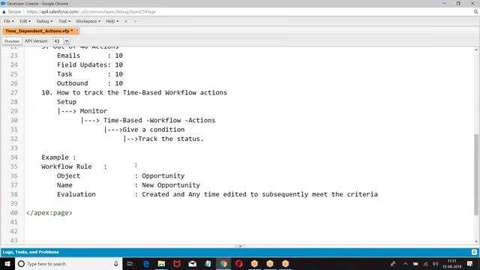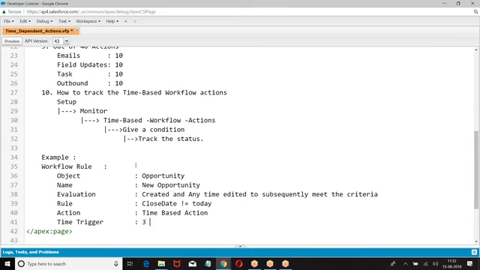Then action. What is the rule you give? Close date not equals to. Action, time based action. Then time trigger.